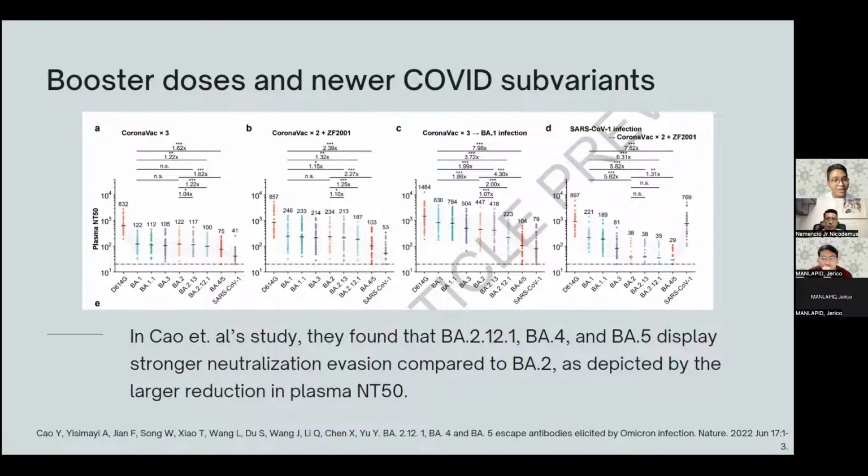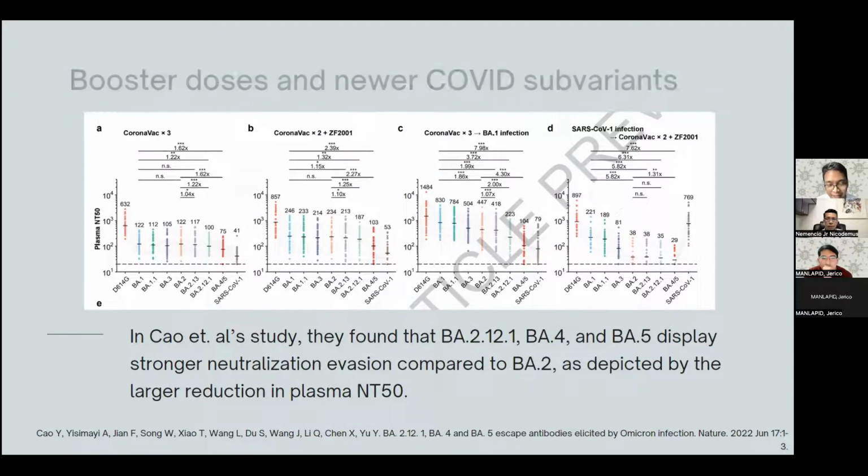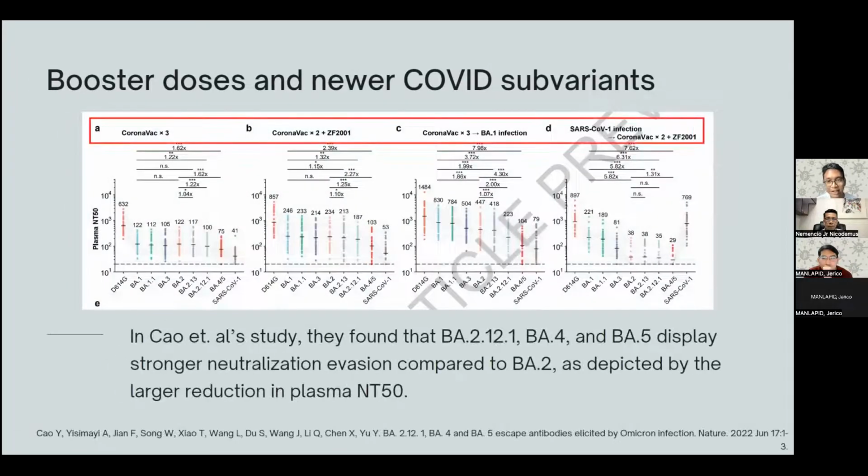Also, the study used plasma obtained from individuals with a 3-dose regimen of Coronavac. Next slide. I would like to highlight that it used a 3-dose regimen of Coronavac, known locally as Sinovac, or 2 doses of Sinovac and a booster dose of ZF2001, which is unavailable in the Philippines, and 3 doses of Sinovac in figure C, and were infected with Omicron BA1. And in figure D, individuals with SARS-CoV-1 infection, the virus that caused the initial SARS outbreak, and 2